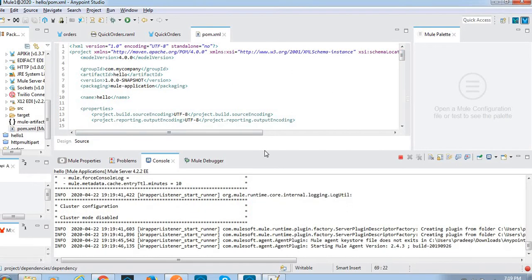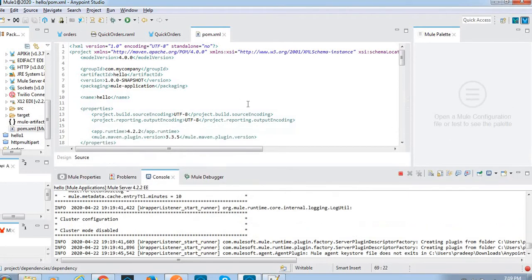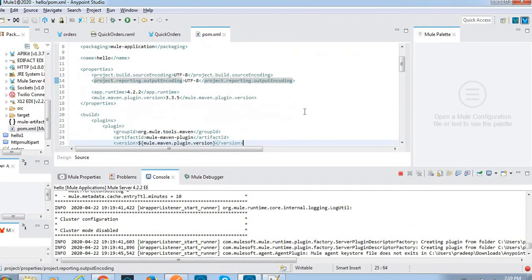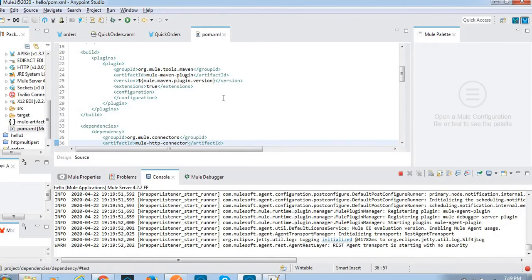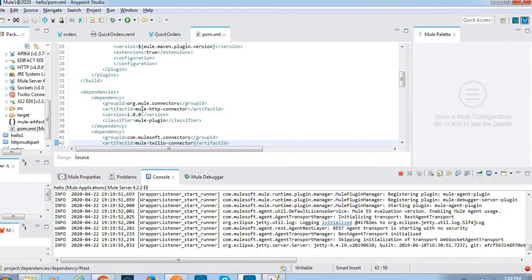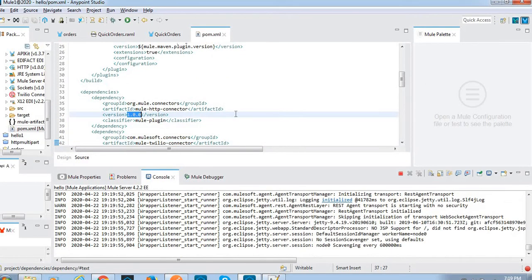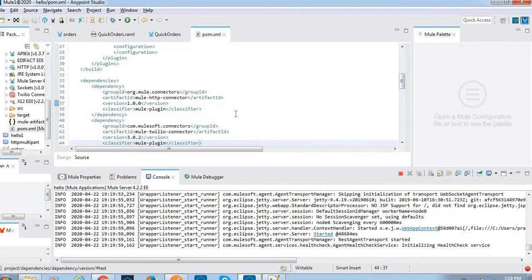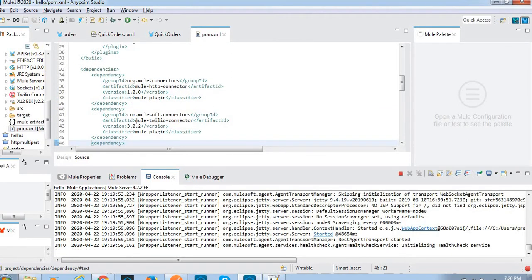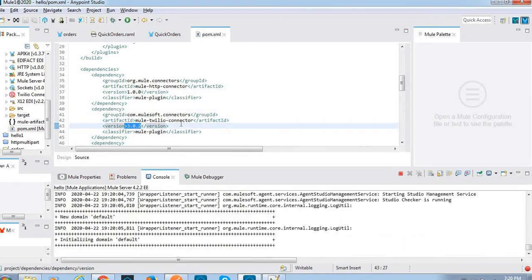In the pom.xml file also we can specify the version of the given component. See, this is the version, right? If you want, we can use the old version or new one. See, this is the Twilio connector, version is 3.0. If you want, we can use a newer version.